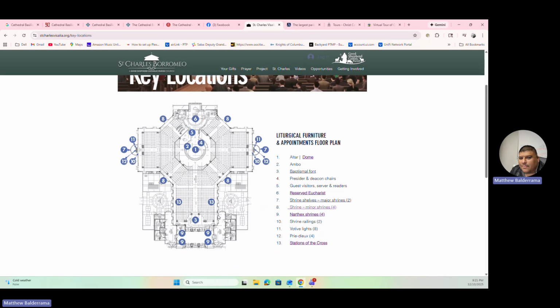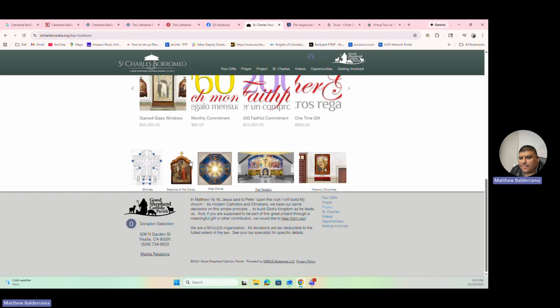So the stations go along the back of the wall, with a lot of different imagery, understanding which each individual is. It also replicates some of the old styles, where you could go into different corners and they would have smaller chapels built into the large church. So it's pretty cool.